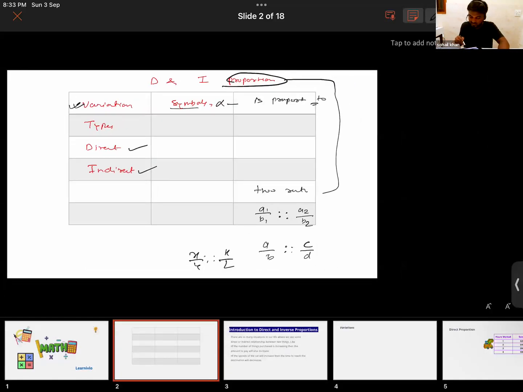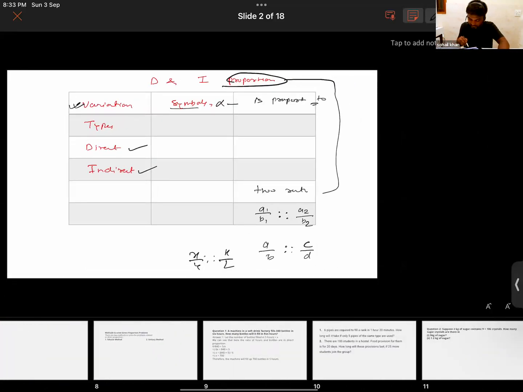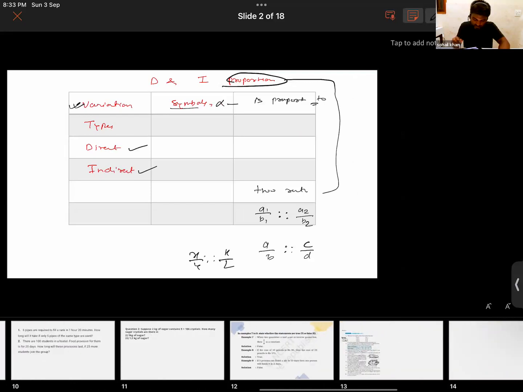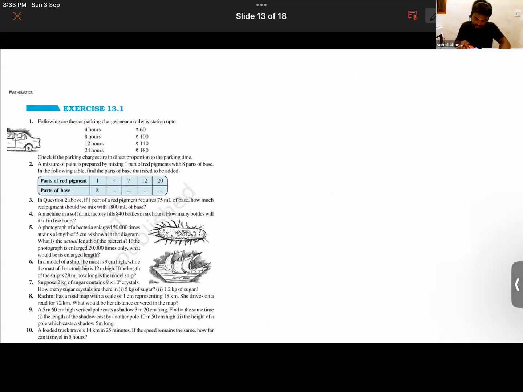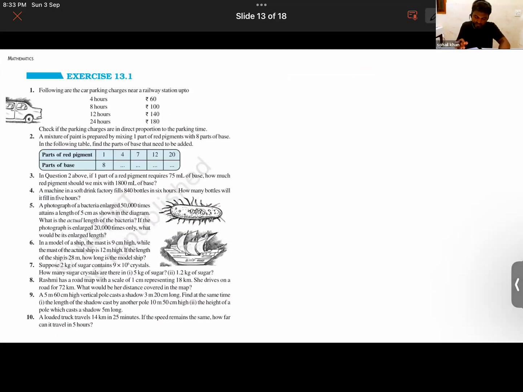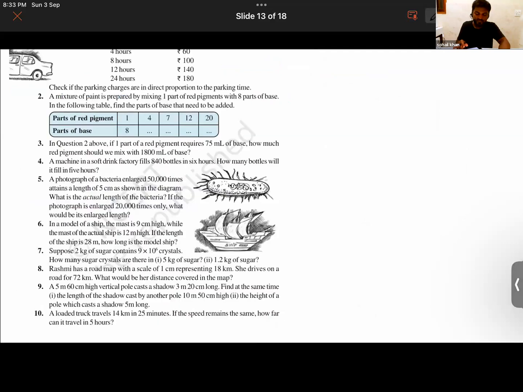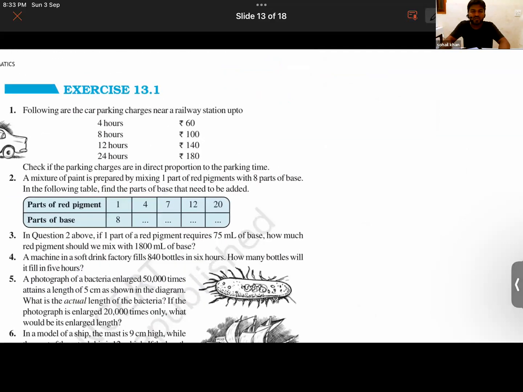And also try to solve the questions of your NCERT exercise. I have sent you, right? The 13.1, at the start of